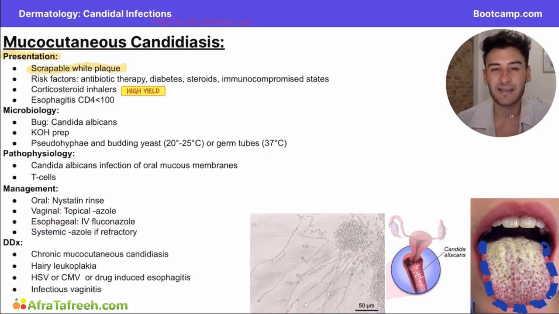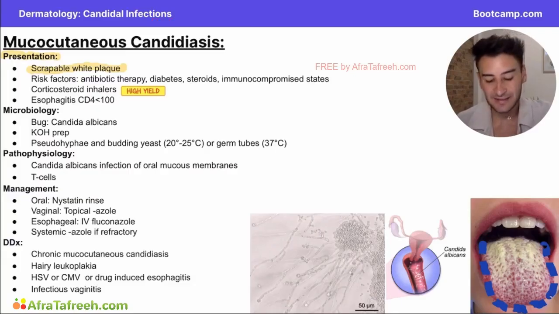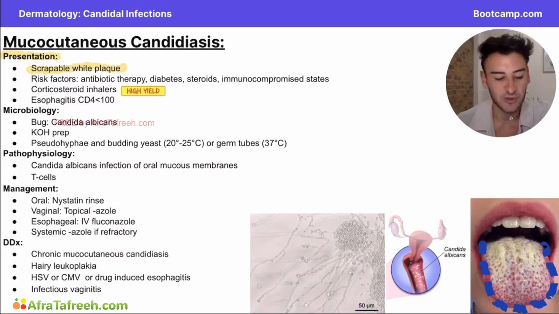And if you were to take a fingernail or a tongue depressor and you were to scrape along this tongue, this white plaque down here would easily scrape off onto whatever object you were scraping with. And that's going to be a really high yield sticking point for candidiasis on test day. Let's talk a little bit about who gets our mucocutaneous candidiasis infections, because this is going to be just as important in question vignettes. So in terms of risk factors, the first one let's talk about is going to be